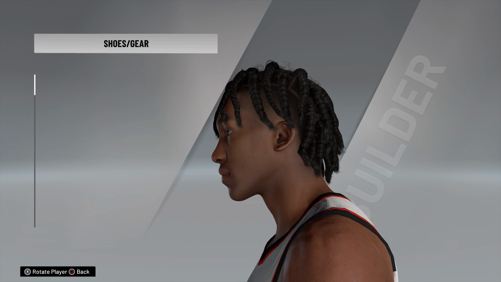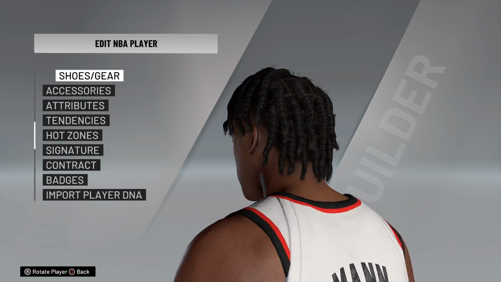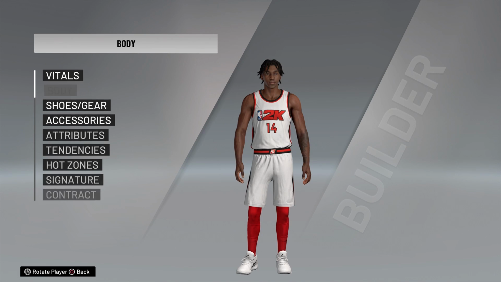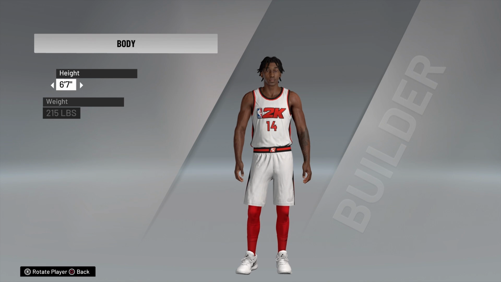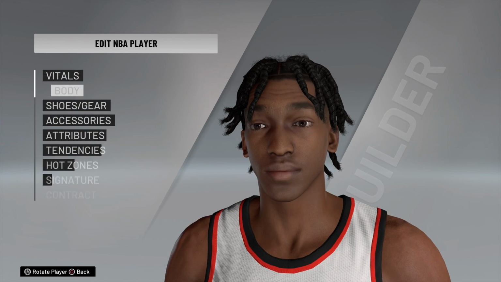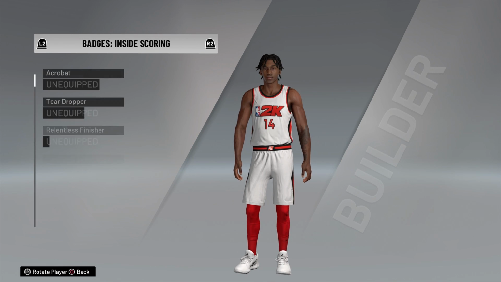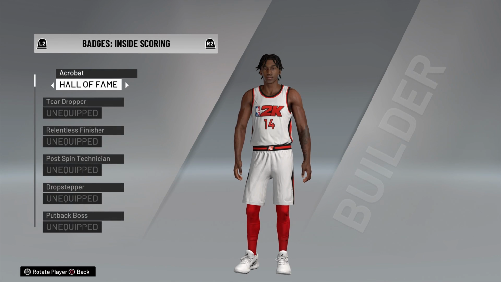So from here I could change whatever I want except the hair and the body. I can make him taller and shorter if I want, but I can't change like the arm length and stuff like that. So I'm gonna make him 6'7". You change the badges to whatever you want. Just an example, I'm gonna put that to Hall of Fame,